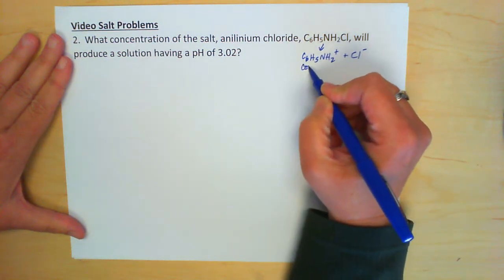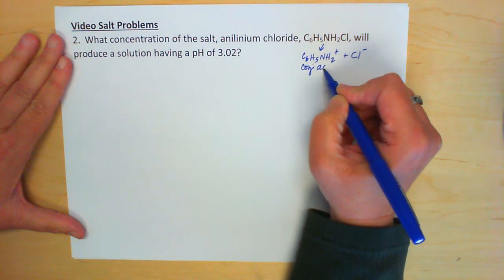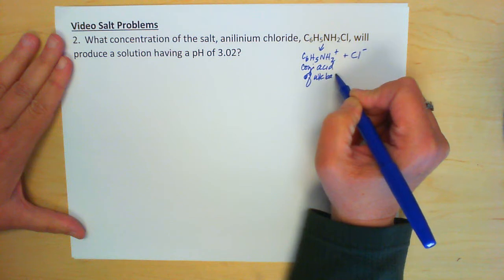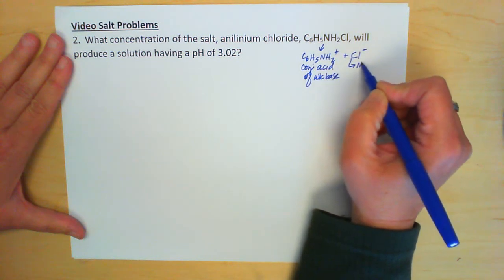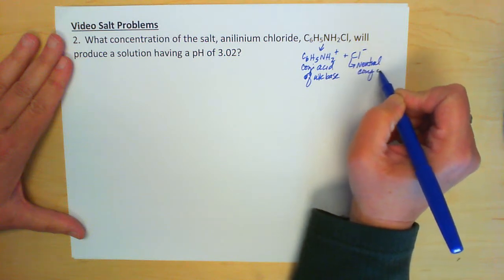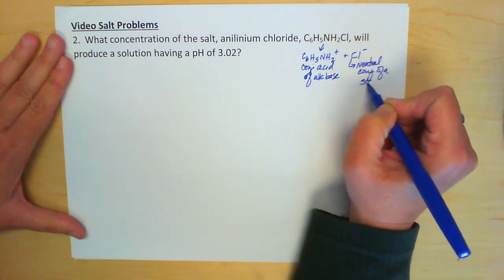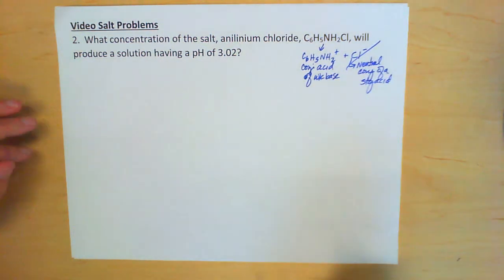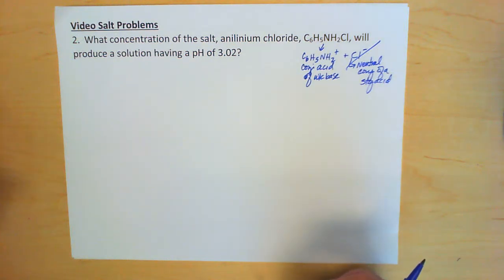So this is the conjugate acid of a weak base. Again, the chlorine is neutral, has no effect on pH because it's the conjugate of a strong acid. So again, we're going to ignore that one, but this is the conjugate acid of a weak base. Now, there are a couple ways again to look at this one, but what we're going to do is set